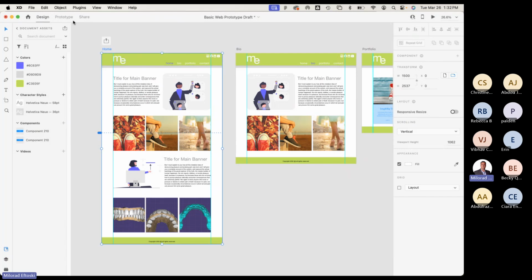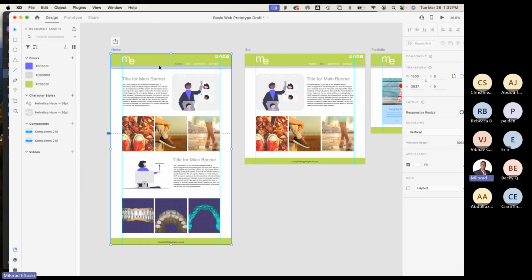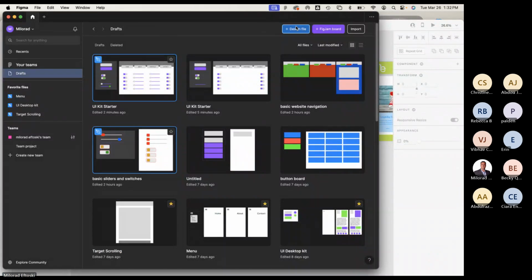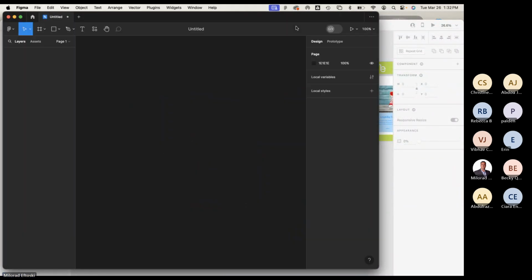Notice how XD has what's called a viewport height, and anything below that becomes a scrollable file. Well, Figma doesn't need that because automatically, as long as the width is consistent, it'll scroll downwards. You just have to fix this so it doesn't move. So to mimic this in Figma, I'm going to create a new file, a new design file that is,